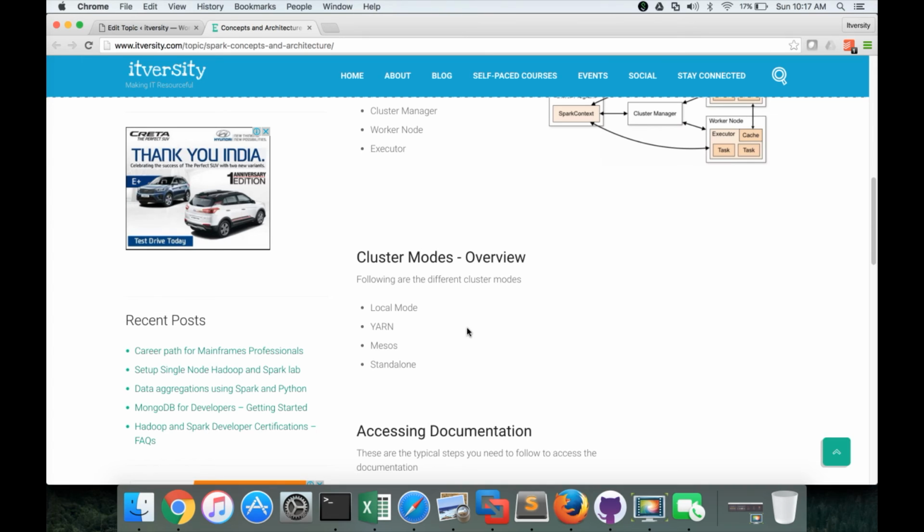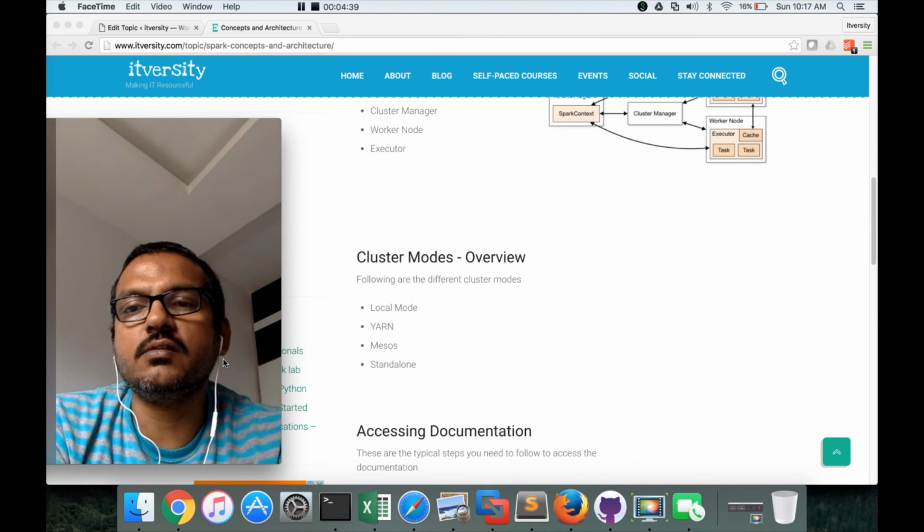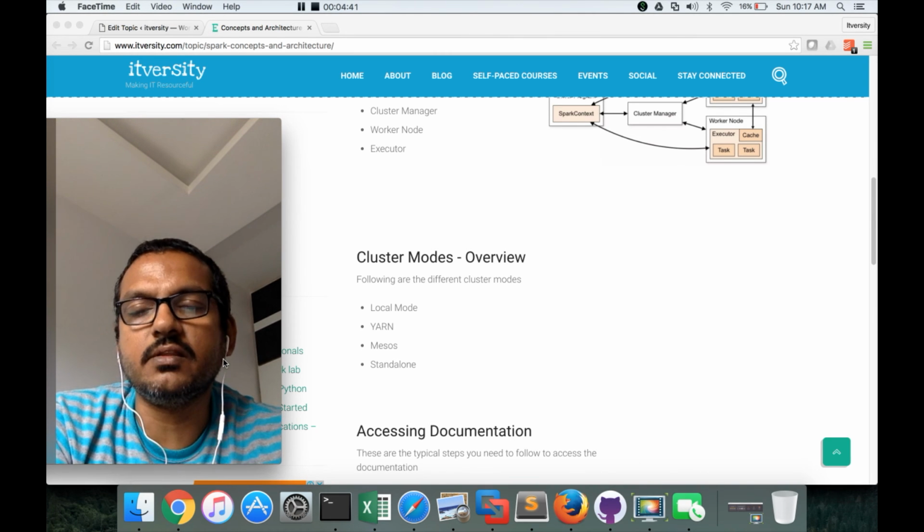If it is standalone, you have to give the Spark based URL to run in different cluster modes. Apart from that, everything is the same for the developer. So you don't need to worry much about these different modes, but you should be aware of how you can use different modes, which will be covered at a later point in time when we actually start developing Spark based applications, either by using Scala or Python.